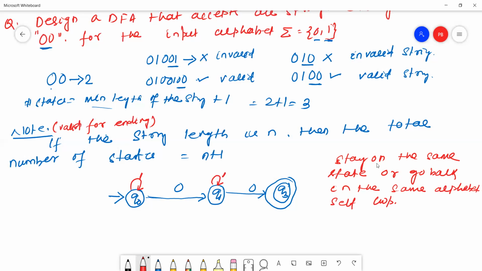This DFA will generate some strings. Are all strings valid or not? If I stay here, on the same state, this DFA may generate strings like 0 1 0 0 1 0. The DFA may generate strings like 0 1 0, but the string 0 0